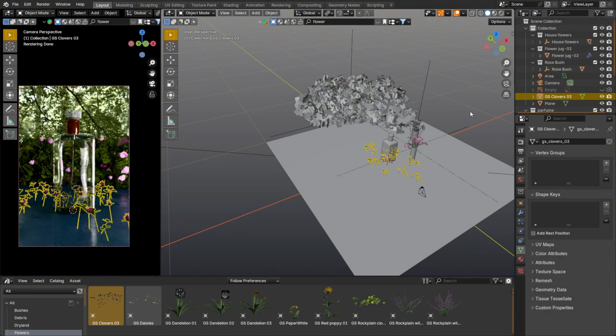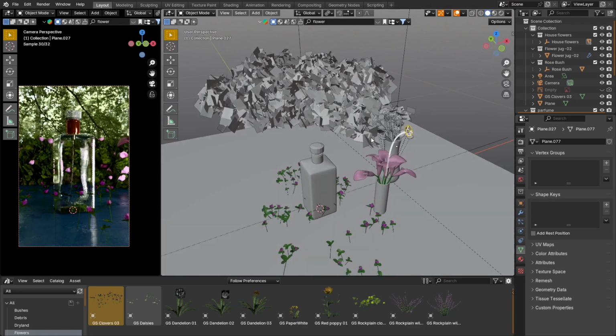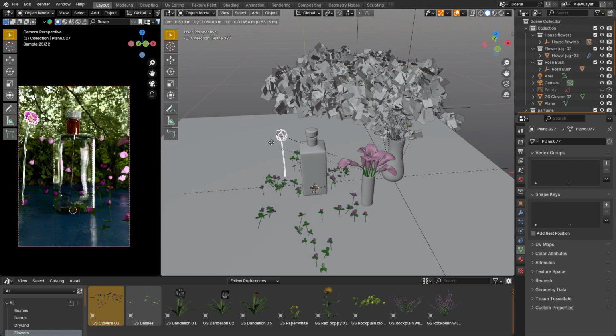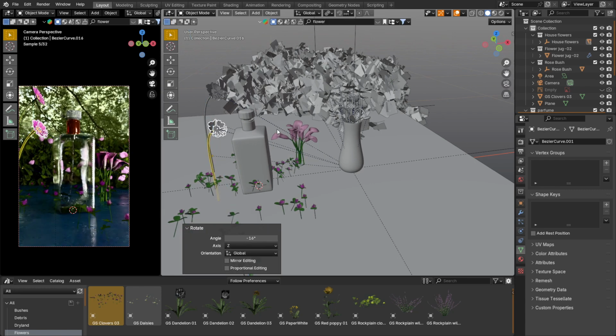And now you can see how easy it is to add objects from the library of assets. That is, I recommend everyone to think about what objects you need for work and stock up on libraries of assets of a certain direction. At this point you can see that I don't need the whole vase of flowers, I use only one flower from it. I'll just duplicate it in the future if necessary.